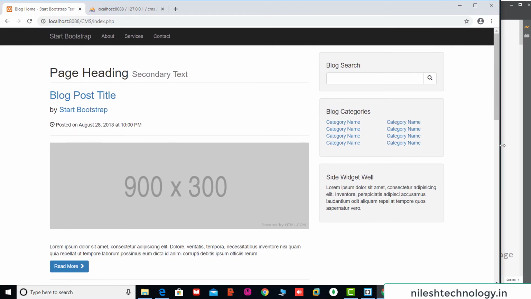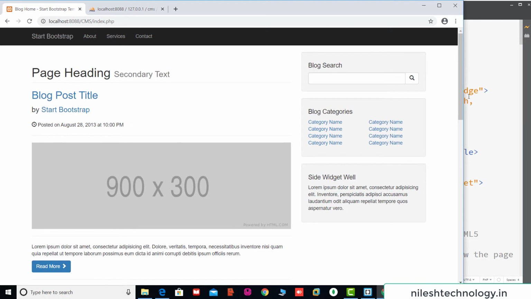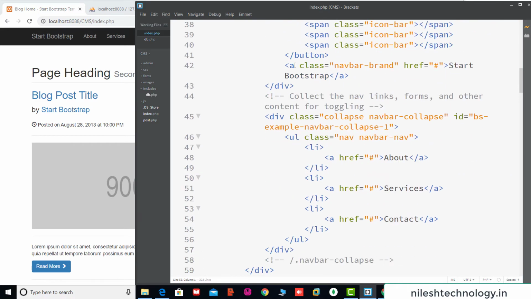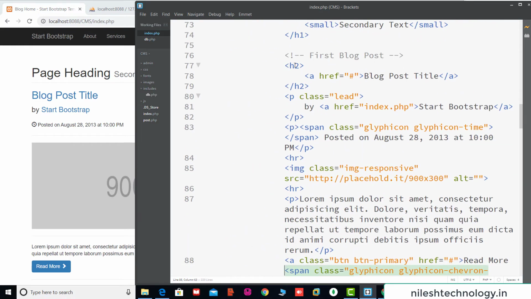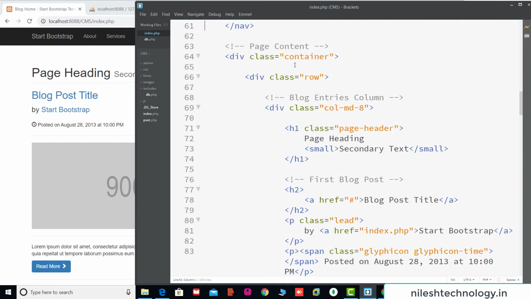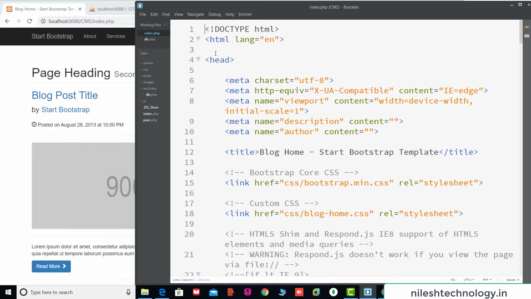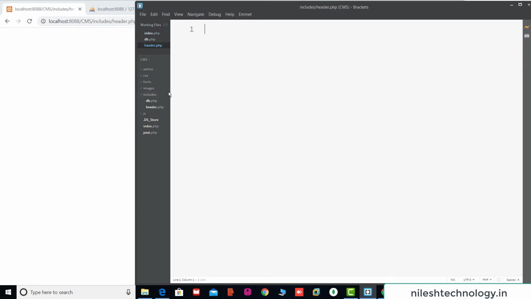So see here, this is a responsive template. Now see here, this is a very lengthy design file. So let's make this a little bit more usable by taking it off and including it. So we create two files, header and footer. First we create the header file. Right button click here, new file, header.php, and there is one more file here, footer.php.